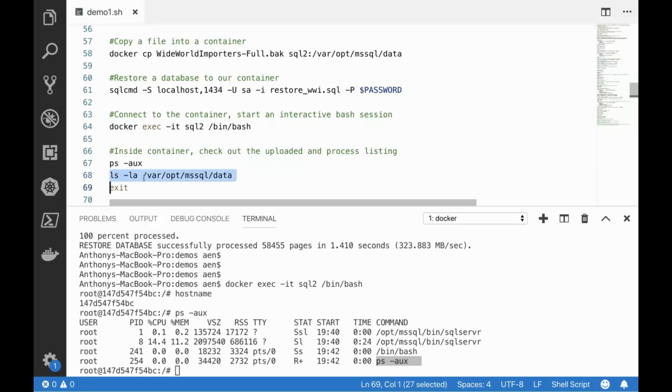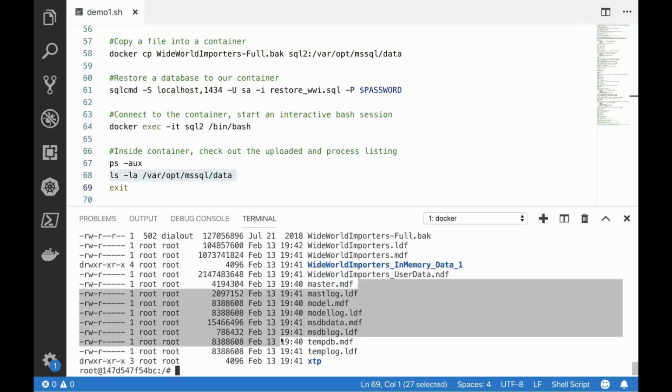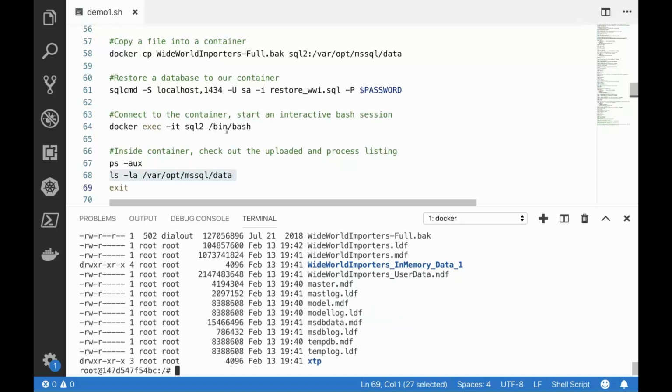So let's take a peek at /var/opt/mssql/data now. We're going to do that. We're just going to get a directory listing and look at the file contents of what we copied into the container, right? This /var/opt/mssql is inside the container image right now. We ran that restore. So here we see WideWorldImporters LDF, MDF. Here's the backup file that sourced it because I copied it in there, and all the other system databases that represent our SQL Server instance. So all that lives right now inside the container in /var/opt/mssql/data.